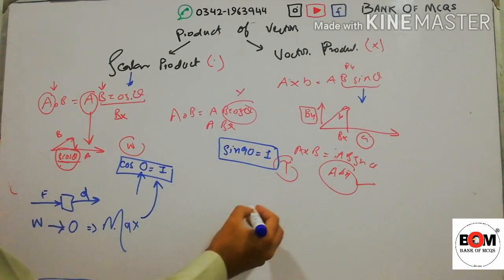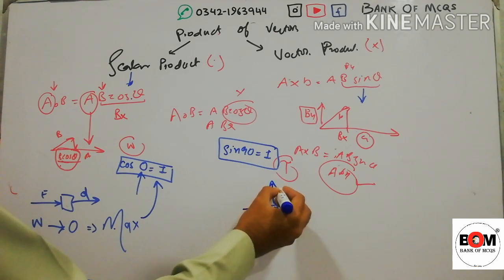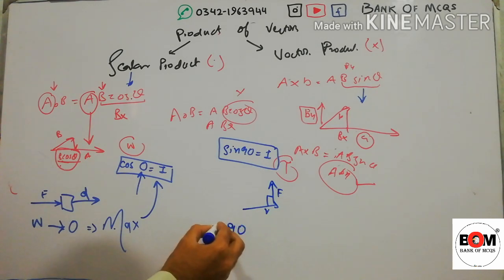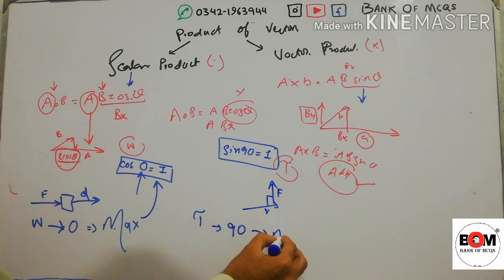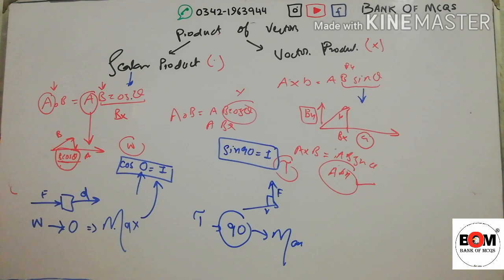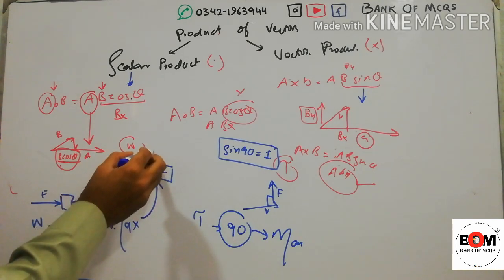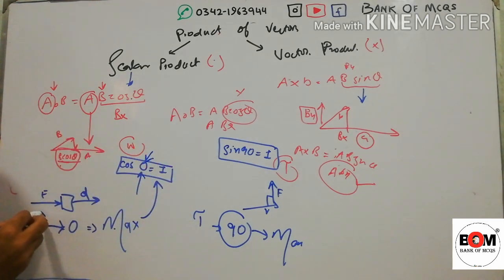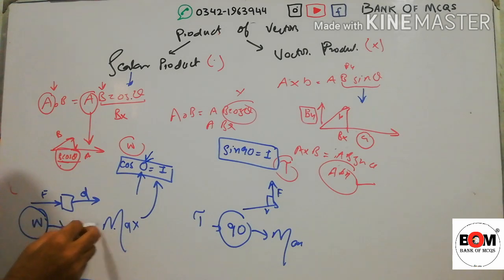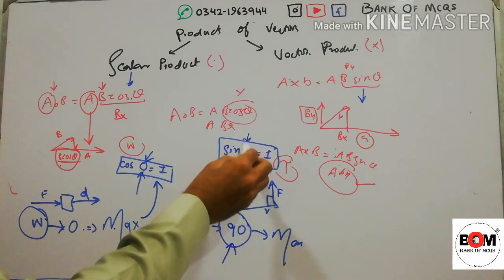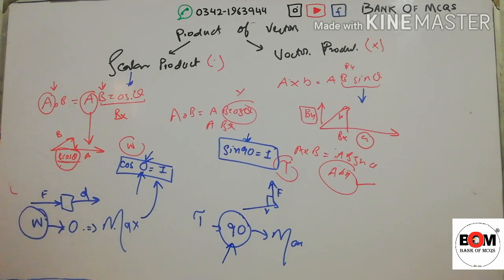Now this is torque, this is R, and the force is perpendicular to R. If the angle is 90 and the quantity is maximum, like in this case torque is maximum at angle 90, so we will put sin 90. At 0, as we know cos 0 is equal to 1, the maximum value we can get is by cos, so we will use cos theta. If we get the maximum value at 90 degrees, we will use sin theta, because sin 90 is the maximum value we get.